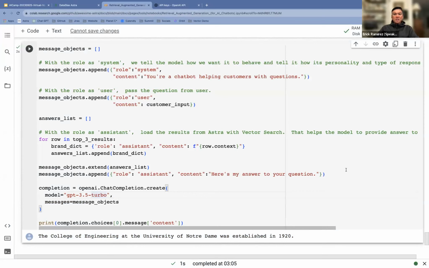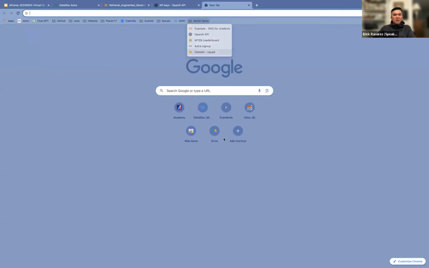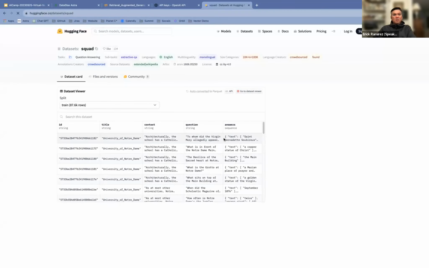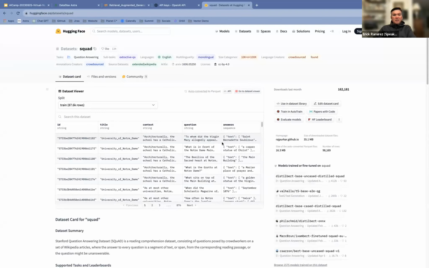So when you ask ChatGPT, one of the things that I probably should have pointed out is that this SQuAD dataset from Hugging Face is actually questions and answers from Wikipedia. So you can see here it comes from Hugging Face.